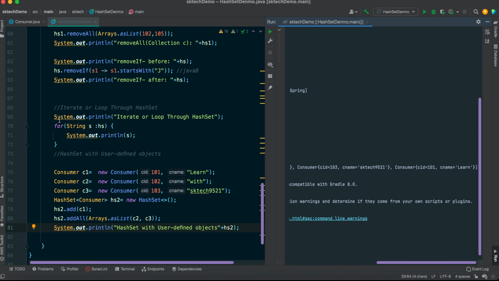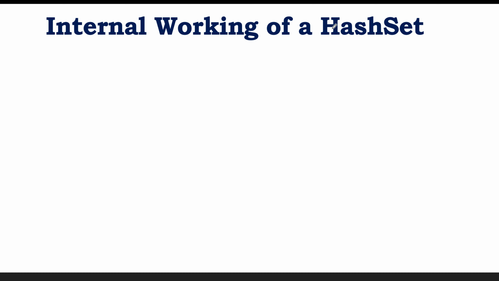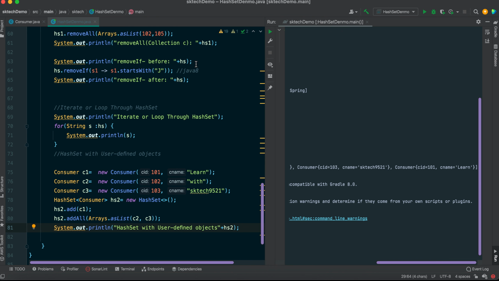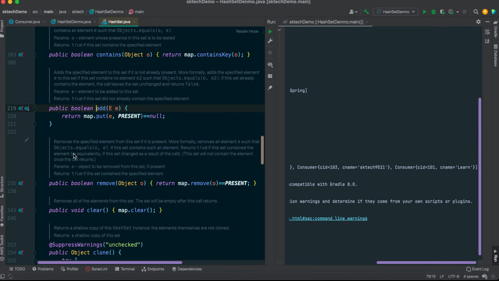Okay, so these are a couple of the methods that we wanted to perform today. Now let's see the next topic that we want to discuss, that is the internal working of the hash set. Let's first see the internal implementation in Java directly, then we will go with the diagram. If we see here, we are trying to insert the element using the add method. If you go inside the add method, basically Control and then Enter, here you can see it is internally creating a map, and the element that we passed here, it is putting as a key.